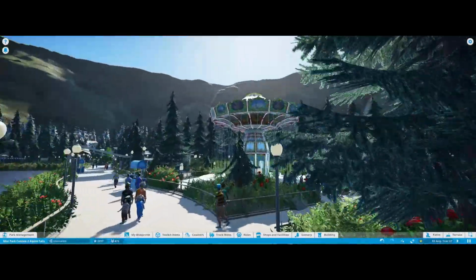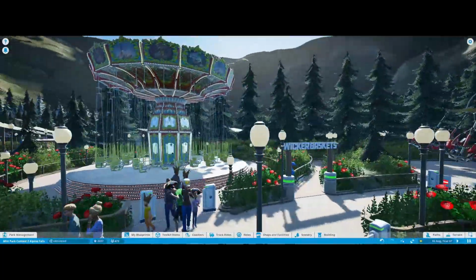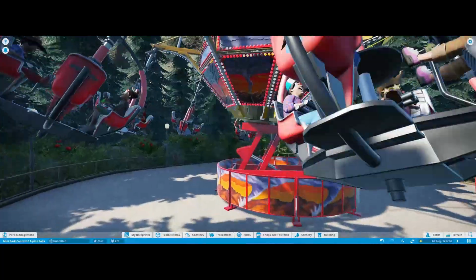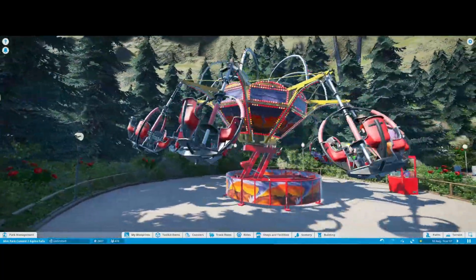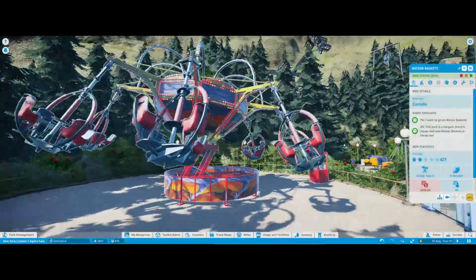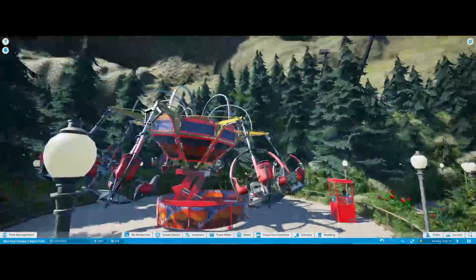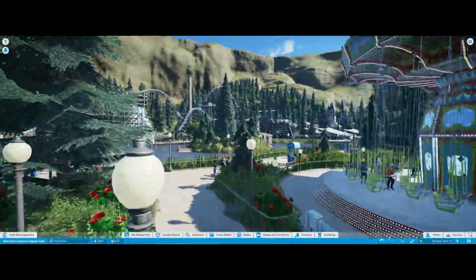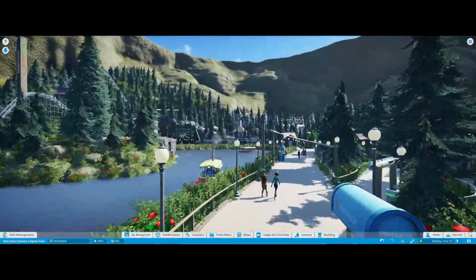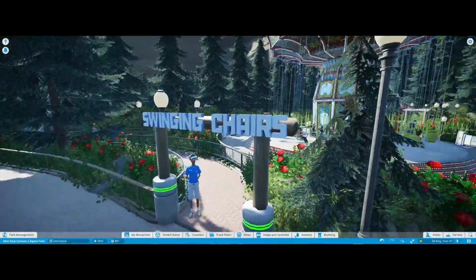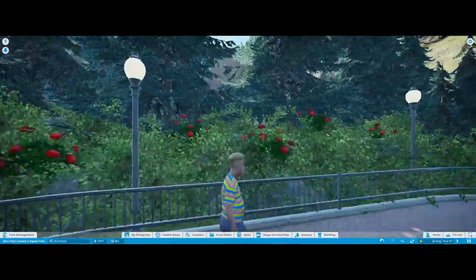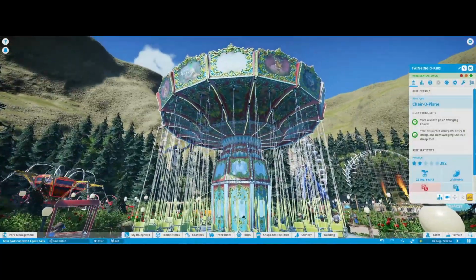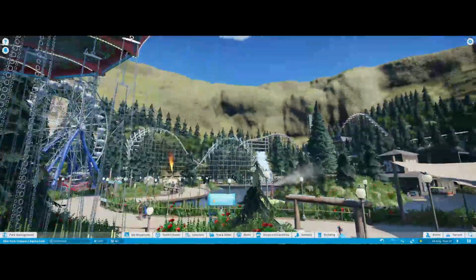So then we come along here, we can go here, yeah, the carnival area, and you have wicker baskets, which is kind of themed to Alpine, like a picnic, which is quite a fun name for this. And then over here we have swinging chairs. You can go in here, and that's a big chair ride, and that's a chair airplane. But yeah,